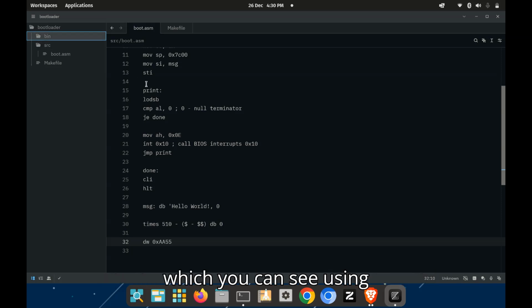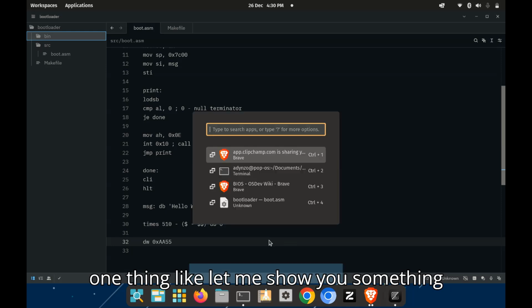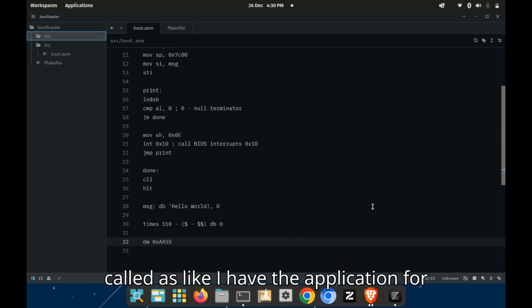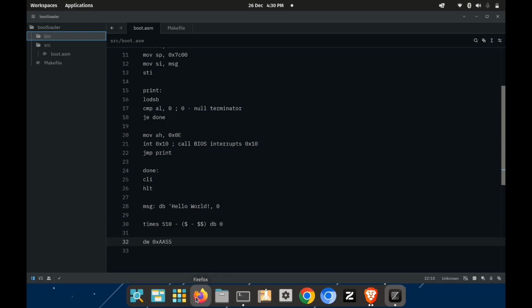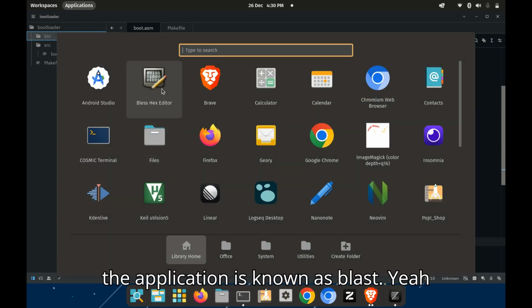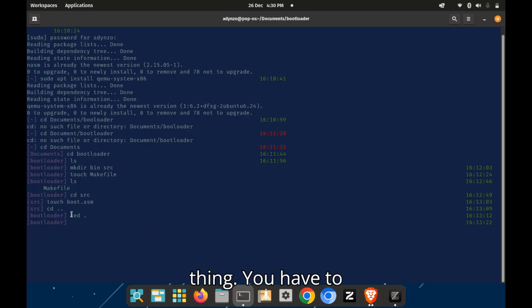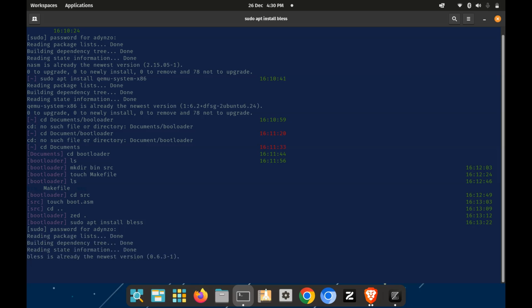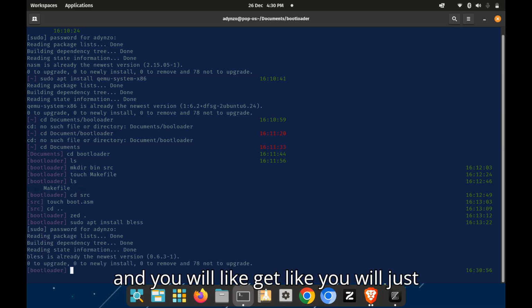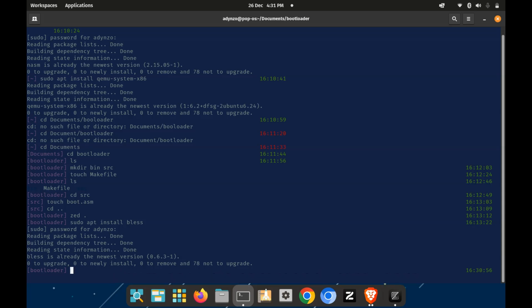Inside that file, you can view it using an application I have, which is known as Blast. For that you just need to write sudo apt install blast, and you will download it from there. And for running this,